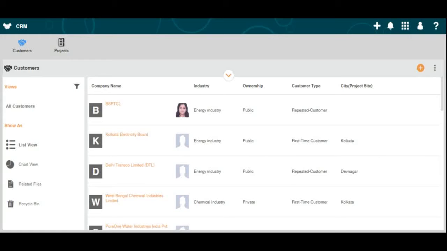This is the CRM application. As you can see, there are two tabs present: the customer tab and the projects tab. The database of the complete customers is located in the customer tab, and the projects that we have are located in the projects tab.